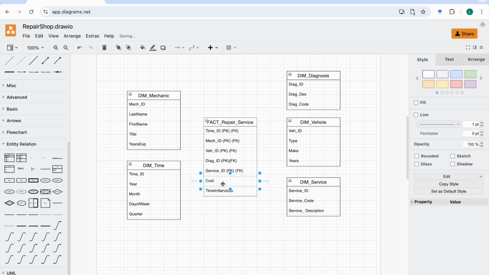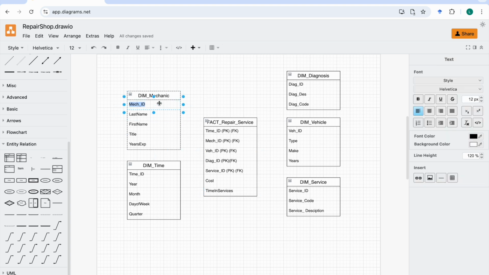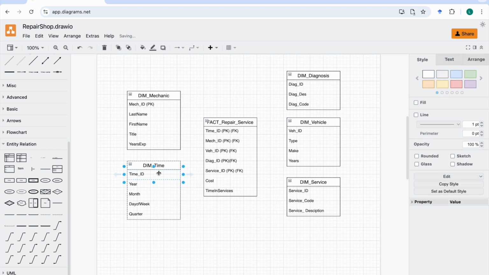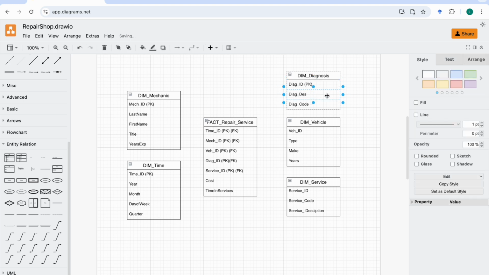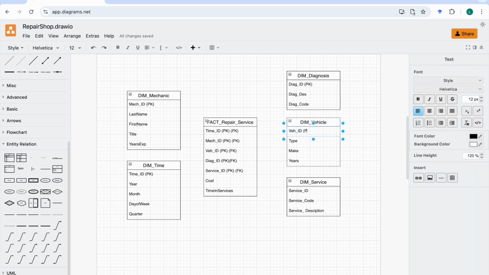These two, are they the primary key or foreign key? No, they're not, right? They're the measures of each record. And going back, this ID is also the primary key of this dimension table, which is the mechanic dimension table. This one, time ID, is the primary key in the time dimension table. PK, primary key for the diagnosis table, and primary key for the vehicle table, primary key for the service table. Okay,